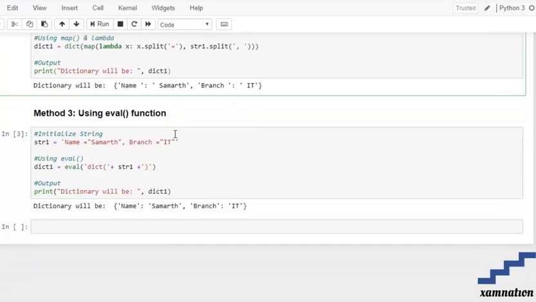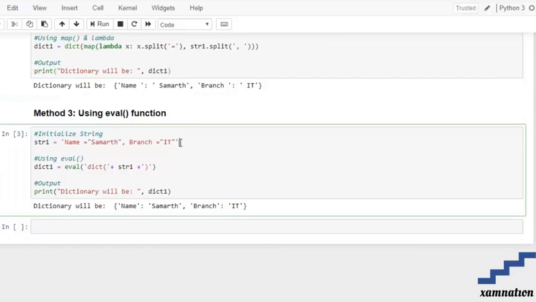Moving forward towards method number 3, that is by using an eval method over here. So first we are going to initialize our string, and after that we are going to use an eval method over here. So what we're doing is we are just taking each and every element of our string number